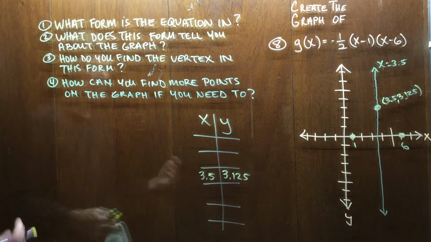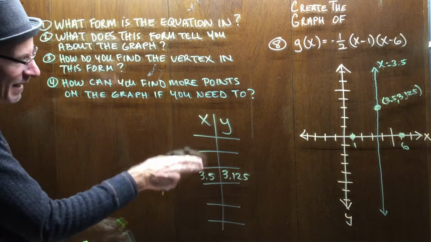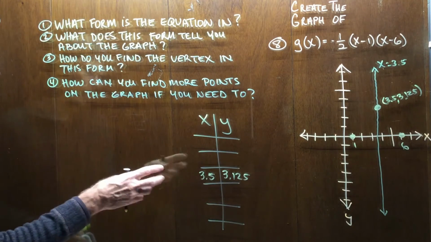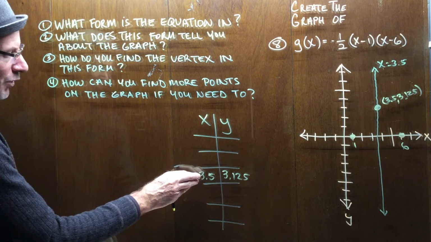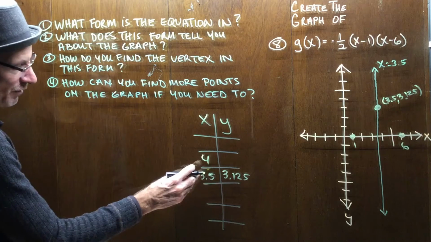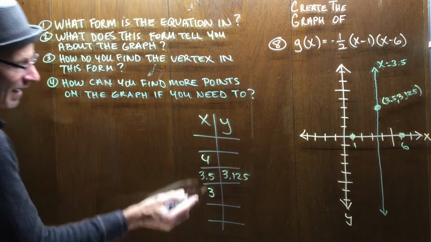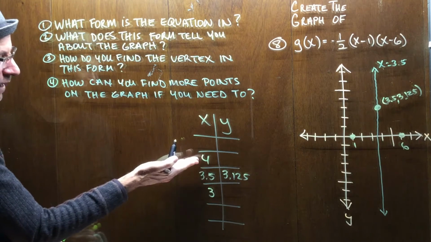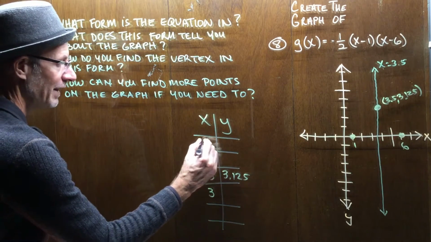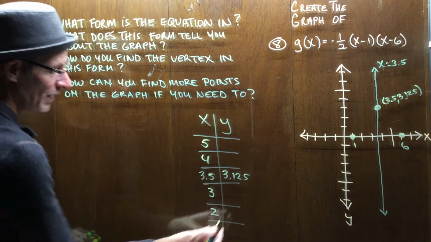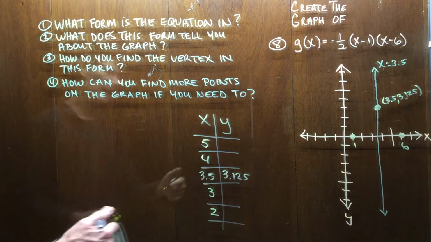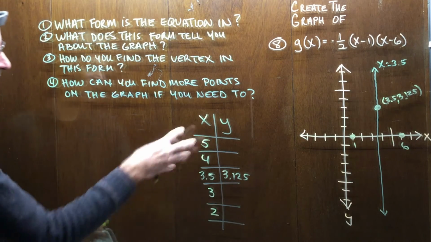3.125. And I need to make my table symmetrical because I know that my graph is going to be symmetrical. So I want to use whole numbers. So I'm going to start at this 3.5, and I'm going to go up half a space to 4. And I'm going to go down half a space to 3. Now, these are still symmetrical. This is 0.5 away from 4 and 0.5 away from 3. Then I'm going to skip all the way to 5, and I'm going to skip all the way down to 2. So now I have a symmetrical table, and if I find the y values, I'll have more points on